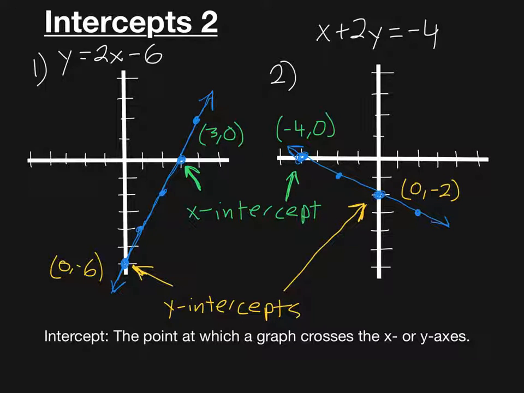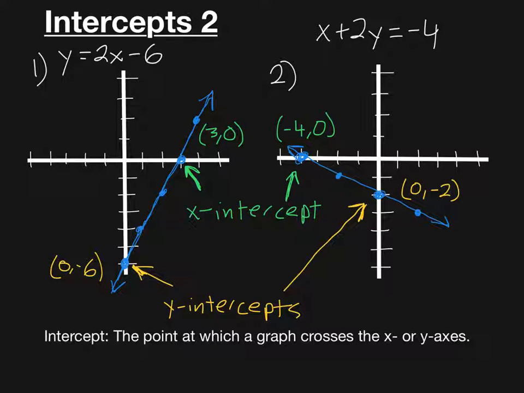Hey everybody. In class today we talked about intercepts and how to find intercepts without having to create a table and plot all these points and draw our lines, right? We noticed that for x-intercepts, which we have in green here, in number 1, our equation y equals 2x minus 6, our x-intercept was 3, 0, right? And in our second equation that we graphed, x plus 2y equals negative 4, our x-intercept is negative 4, 0,